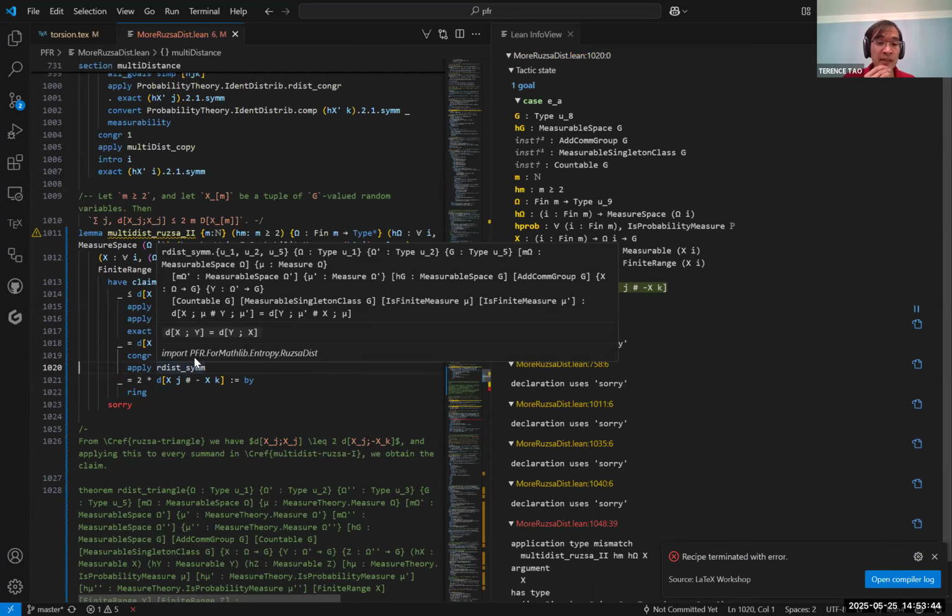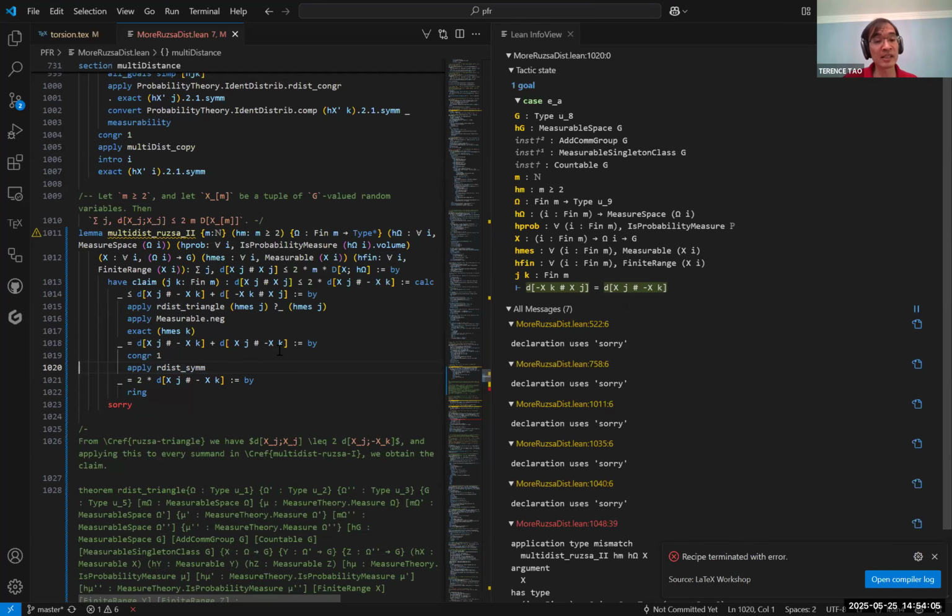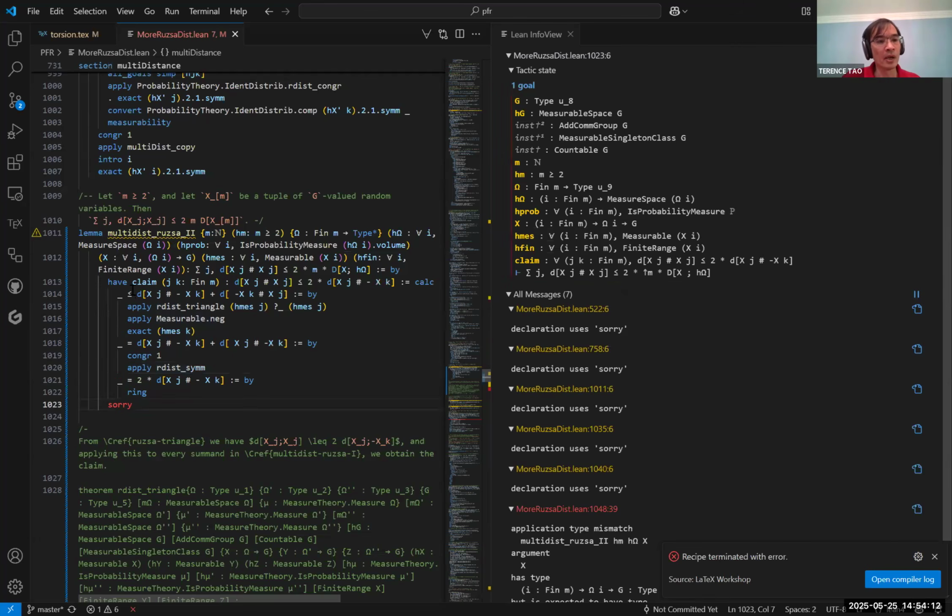So one thing that is interesting when you're formalizing in Lean is that sometimes the hypotheses that you think are needed to prove a lemma are not actually needed. So when proving theorems about random variables, you would expect you would need the random variable to be measurable. But surprisingly, for some very basic identities, such as the symmetry, that's actually not needed, which is convenient because it simplifies certain proofs. Okay, so we have proven this specific claim.